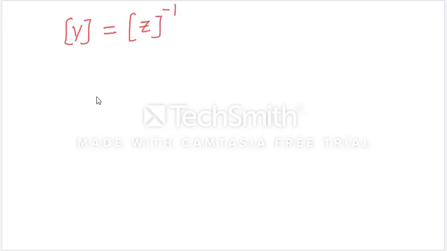Taking the inverse on both sides, Y inverse, the inverse of an inverse gives the same matrix, so it is Z only. So Y matrix is equal to Z inverse and Y inverse equals Z matrix, vice versa. This is the relationship between the